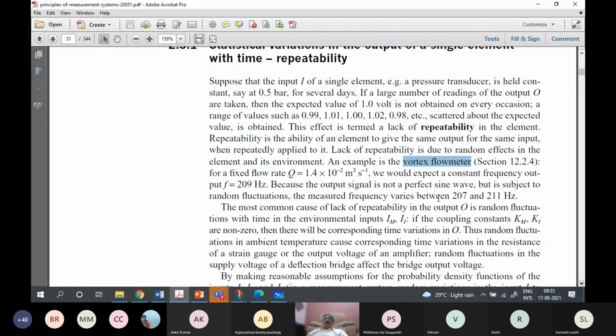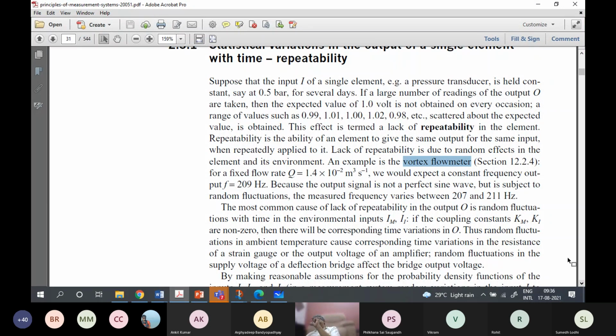But if you put them in a turbulent flow field of a certain flow velocity, the frequency of vortices is going to be random, but they will be random around a mean. And how closely they vary around the mean decides its repeatability. So repeatability is actually a very desirable property of an instrument, right? So you see, these are all